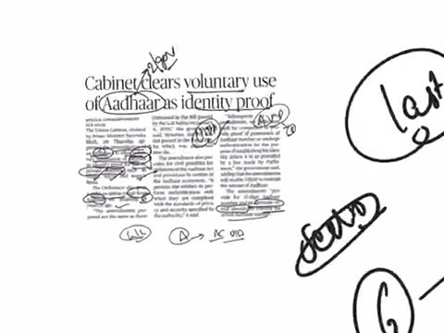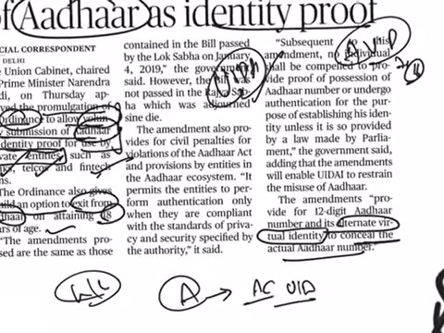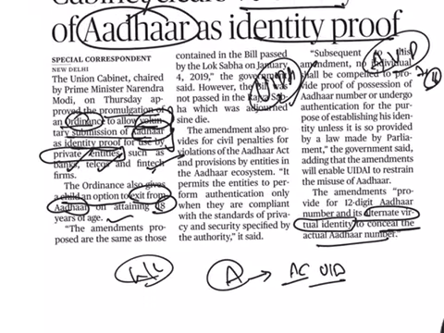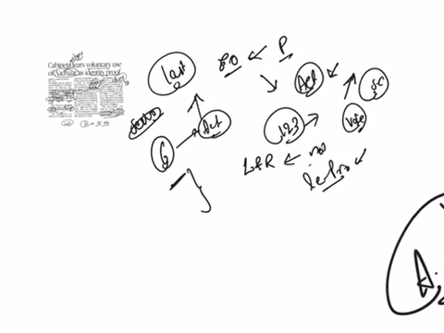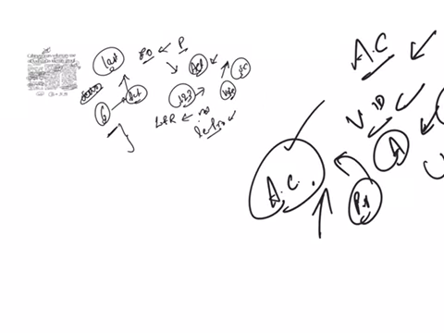And the next thing that we are going to see from this article is a mention of a term known as adjourned sine die. What is the meaning of this? See, first of all, what is meant by a session of parliament? It is a time period during which the house meets almost every day continuously in order to transact its business.